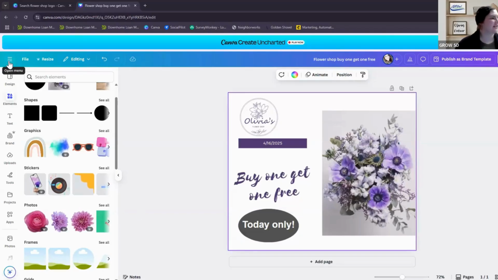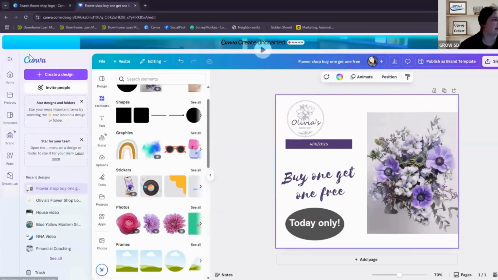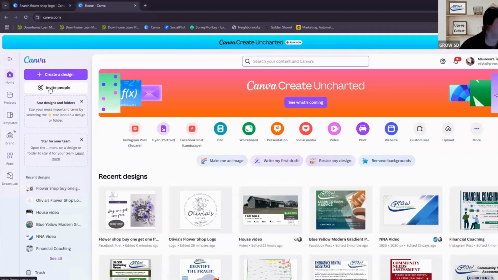All right, third and final on our docket today is going to be creating a flyer. So to go back to home, we're going to select the menu option at the top and then click on home. So this is the other way you can decide what you are going to create. If you go up to the top here on the ribbon and click on more,